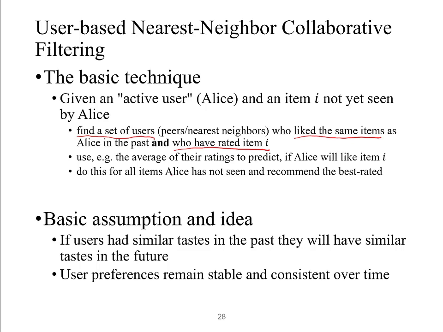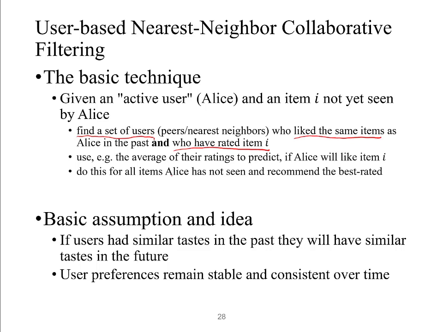So the basic assumption and idea of this collaborative filtering algorithm is that if users have similar tastes in the past, they will have similar tastes in the future. We have mentioned this before. Users' preferences remain stable and consistent over time. So this is because we're considering